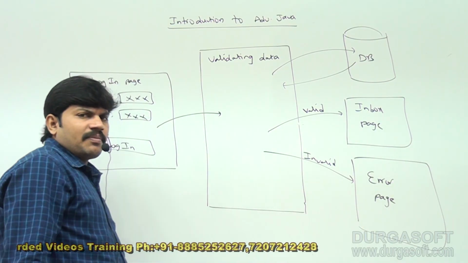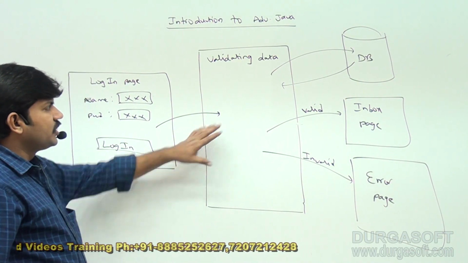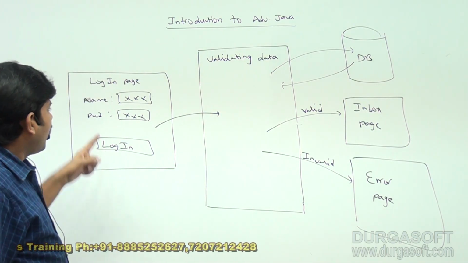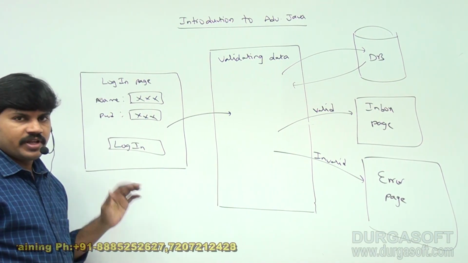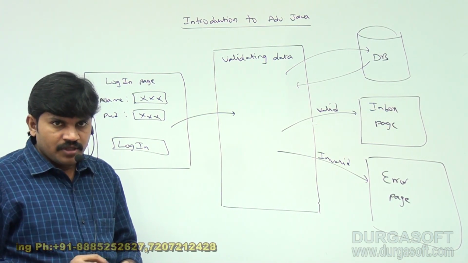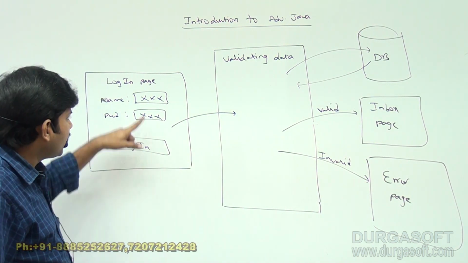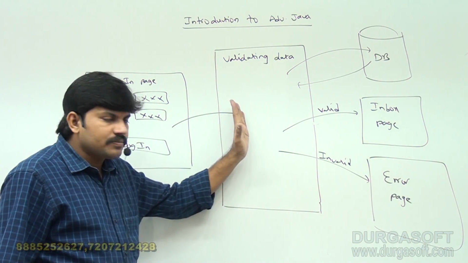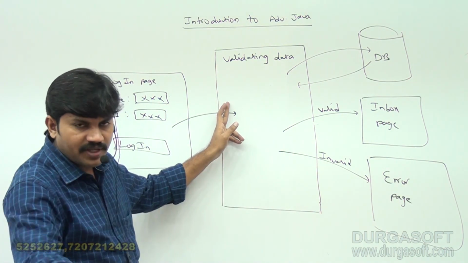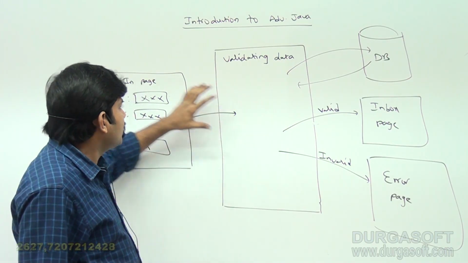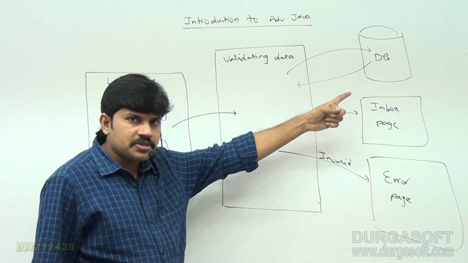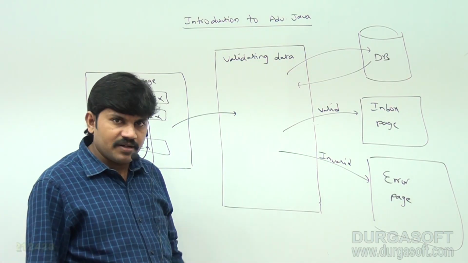It is something like a small Gmail application. Any application is just simple. I entered username and password. Whenever I send a request, I get the login page. Once I get the login page, I enter username and password and click login. Once I click the login button, immediately the request is going somewhere internally. This person reads my data, communicates with the database, and decides whether it is valid or not.